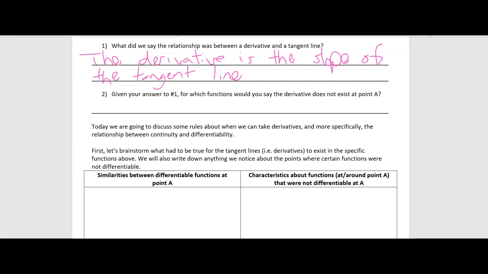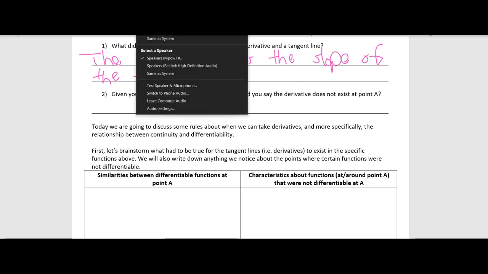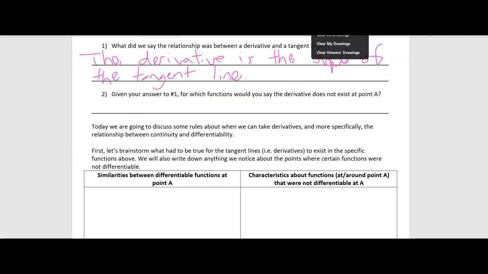So I just put the answer up there for us. The derivative is the slope of the tangent line at any given point on the graph. So we already answered number 2. We went through this piece by piece. Which functions would you say the derivative does not exist at point A? So if we just go back up and quickly look again,